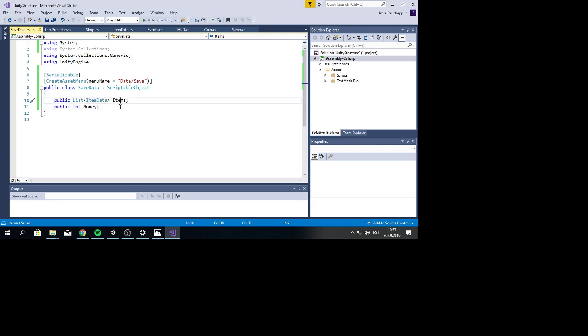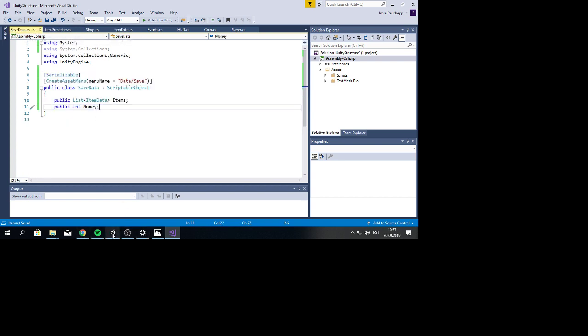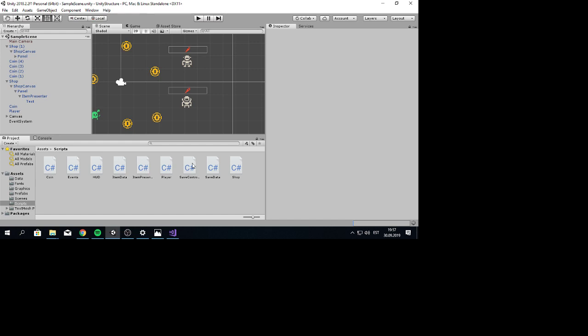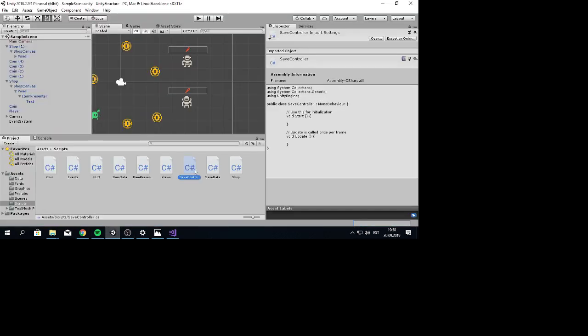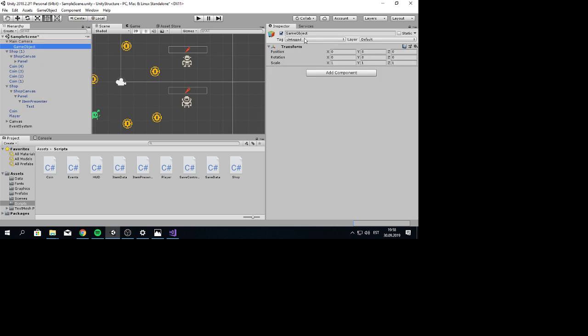Okay, we have items and money in our save data, and we have our save presenter controller. So this is a thing that should be somewhere in the scene. So let's just make an empty game object for controllers and stuff. So save controller goes here,